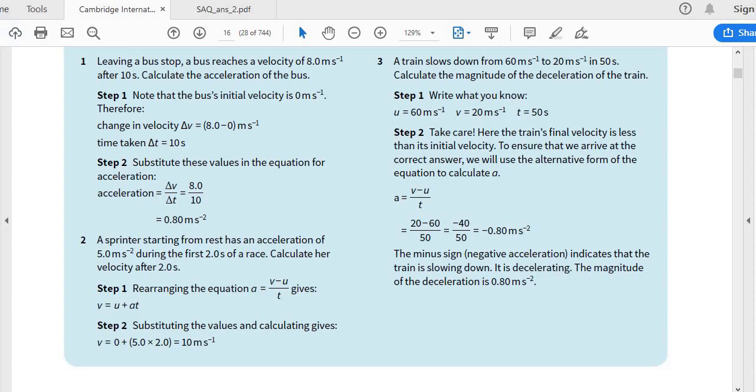Example number 2. A sprinter starting from rest has an acceleration of 5.0 meters per second squared during the first 2 seconds of a race. Calculate her velocity after 2 seconds. They have given the time for the acceleration, so you can write down the quantities that are given. a is equal to 5 meters per second squared, t is equal to 2.0, and